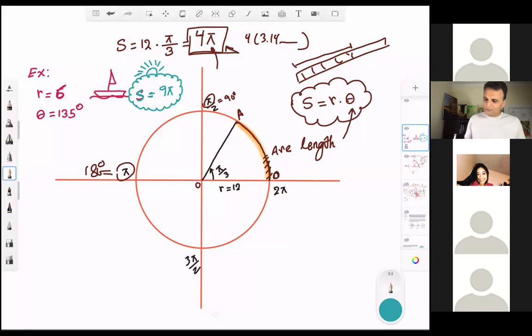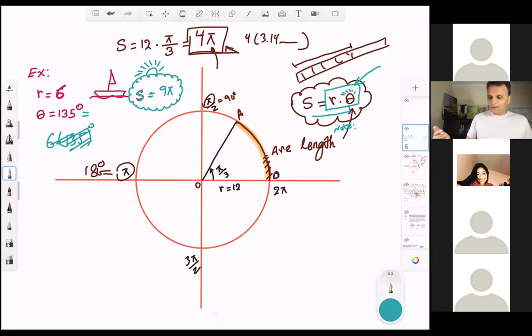Excellent. You got the formula here correct. Excellent, Jonathan. S equals R times theta. But what do we know about this theta? This theta must be in radians. You need to convert it to radians. So if you say 6 multiplied by 135, in the formula you did correct, but there is a note under this formula that R can be any type of measurement, but theta must be in radians, not degrees. So you need to convert 135 to